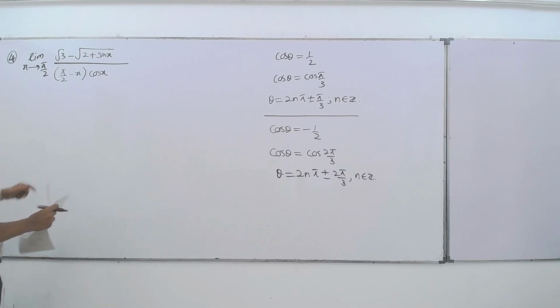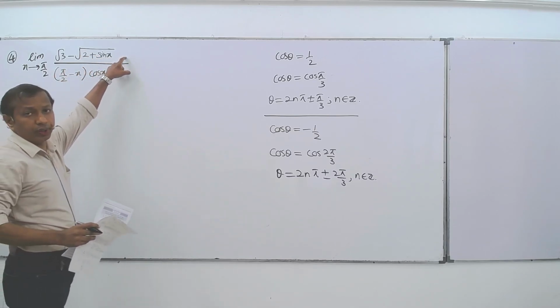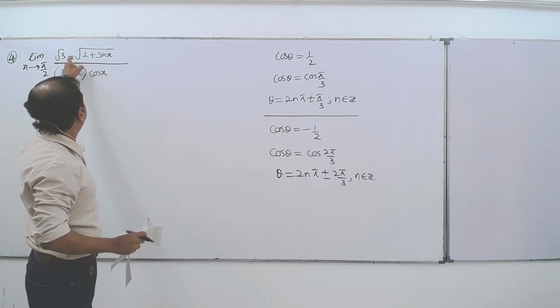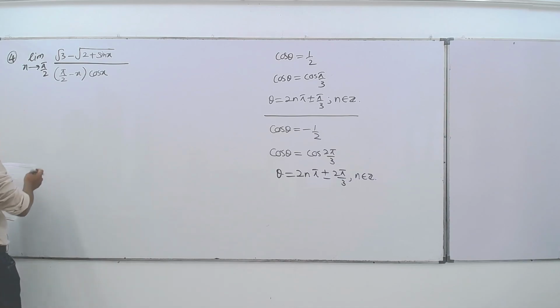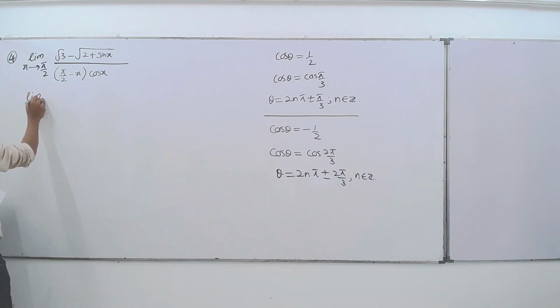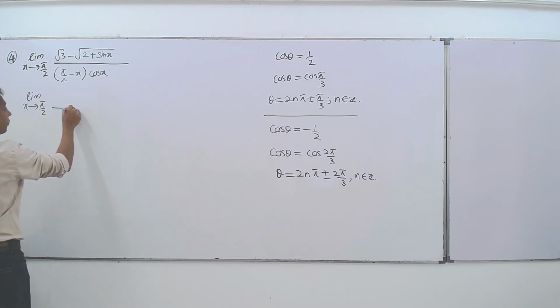Now, first I multiply this numerator and denominator both by the conjugate of this. So, there we get limit x going to pi by 2